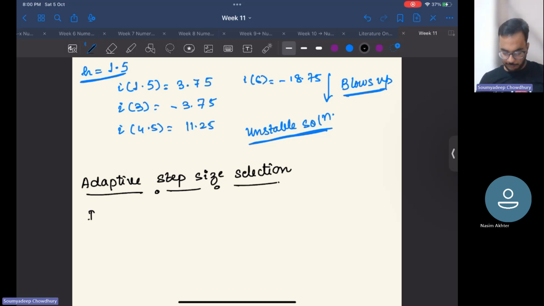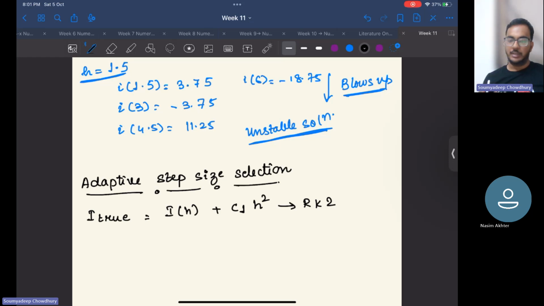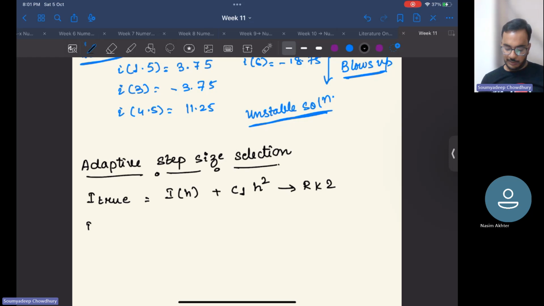So here, what we do is, first, what is our I true here? From the numerical integration technique, we have seen this in our adaptive quadrature technique. In the RK2 method, we can represent our true solution as your predicted solution plus C1 into H square. C1 into H square is basically the error term, since our method is accurate up to O of H square, or your error is dependent on H square. That's why we are doing it like this: I of H plus C1 H square. So suppose we take another value of H, which is H by 2. Your I true doesn't change, right? So we can write it as